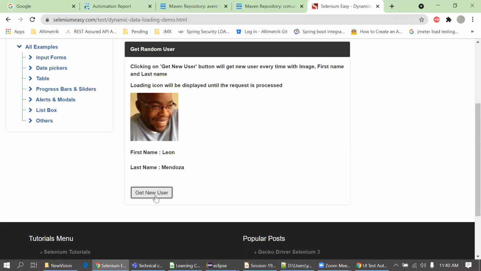So what we can do, we can simply create a locator for this. By using the XPath, we will check if the loader image disappears, then only we go ahead and verify the text. Otherwise, it will just keep verifying the text which is not present on the UI, and the loader is present on the UI. So in that case, our test case will fail. That is the main reason. Create an XPath, look for invisibility of that loader, and when that is invisible, then go ahead and verify the text or verify the other steps.